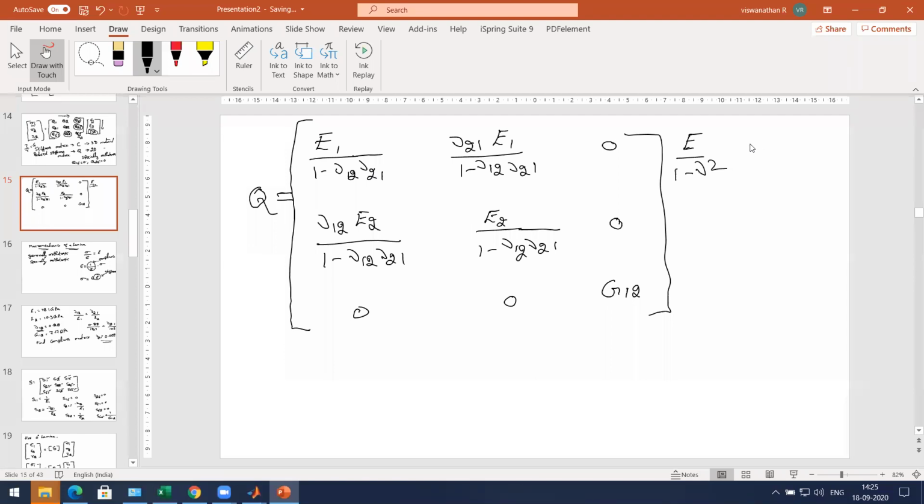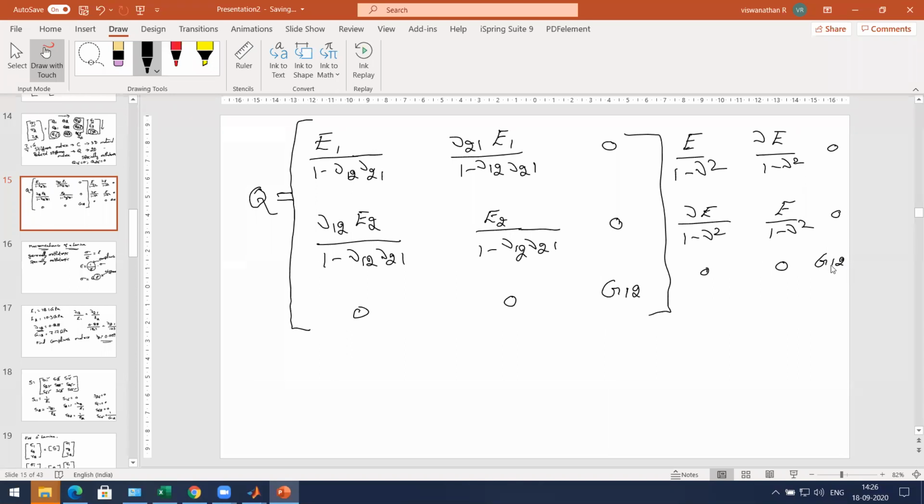Then nu21 will be just nu, and E1 will be just E. So we get E divided by 1 minus nu square, nu E divided by 1 minus nu square, 0, 0, 0, and this will be